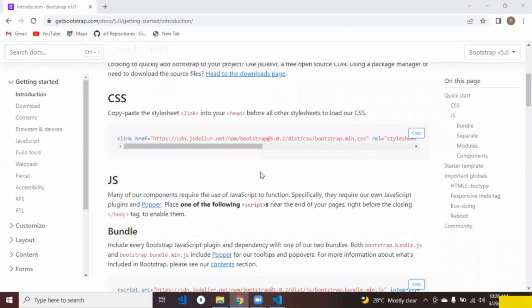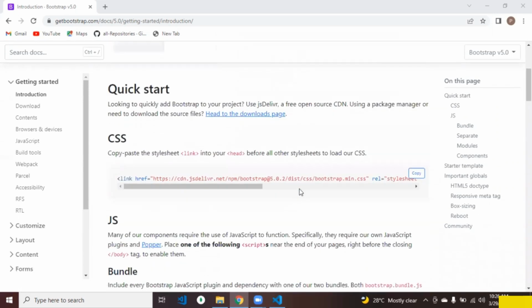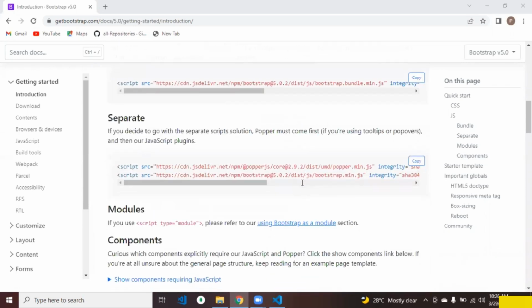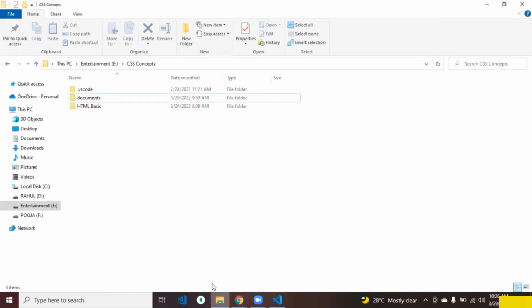Welcome students. Now in this video, we will start making our project. For this project, Bootstrap has provided a starter template to start a project. But we are not going to use this starter template. Rather, we will make one. For that, we will make a